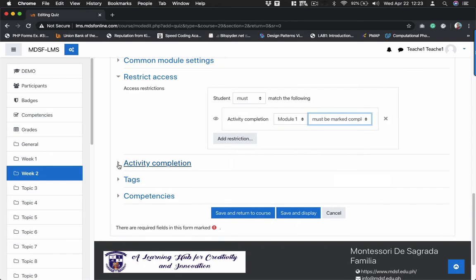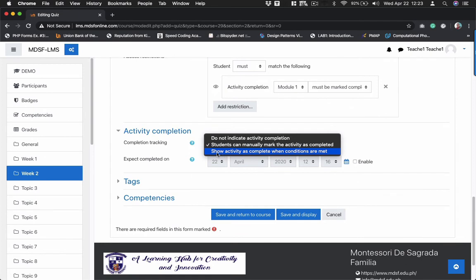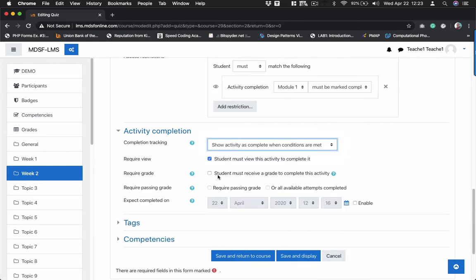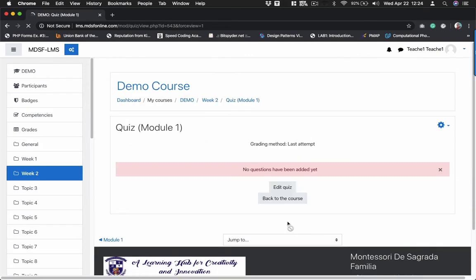After that, go to activity completion, and here we're going to have this third option, and we will be requiring a grade for this particular quiz. Okay, then save and display. Okay, so we already created that one. Now let's add